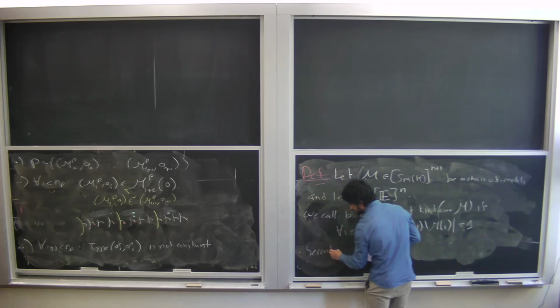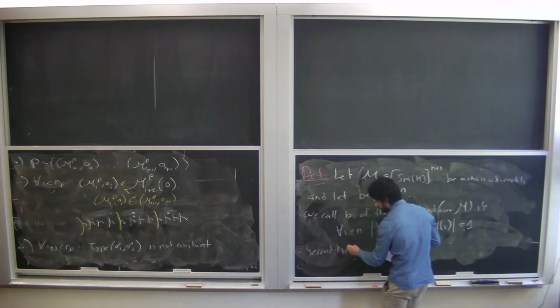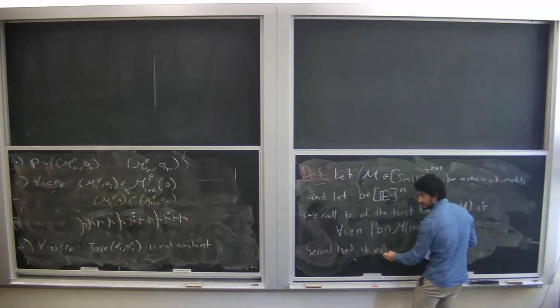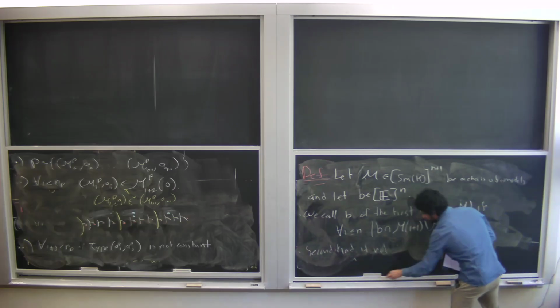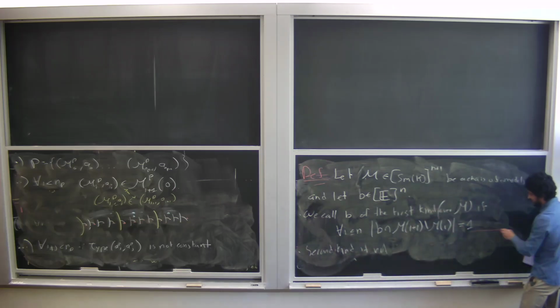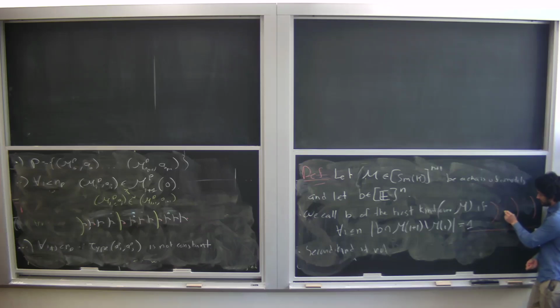Second kind, if not. So yes, here we have this. Let me just draw the first kind and you can figure out the picture for the other one. If we have 3 models here, then something is of the first kind